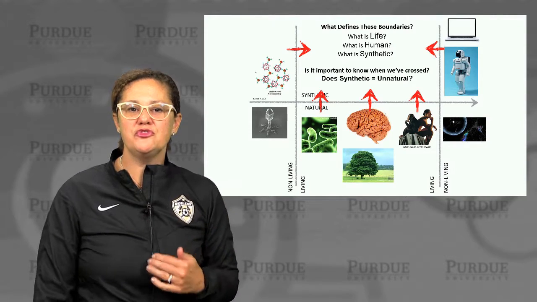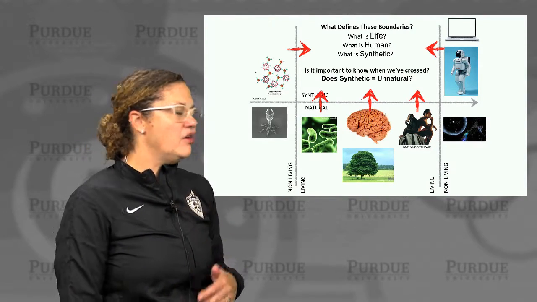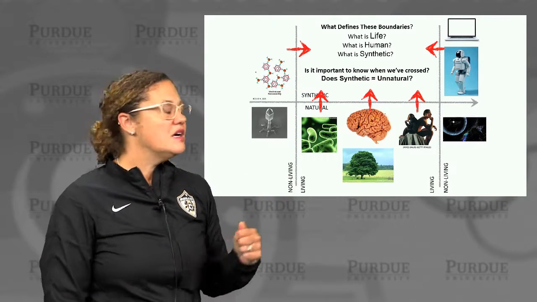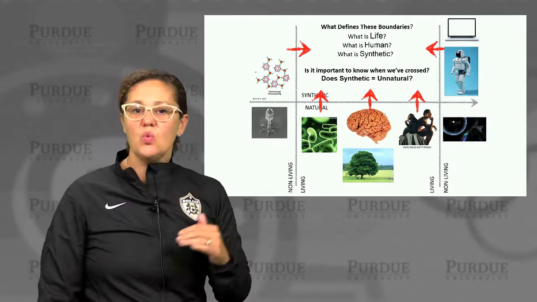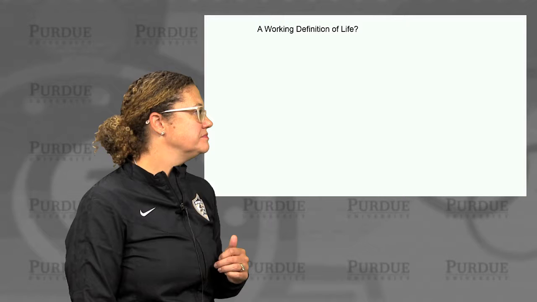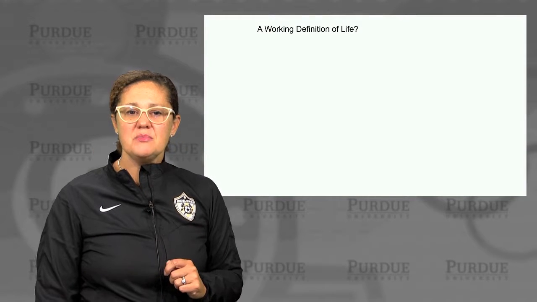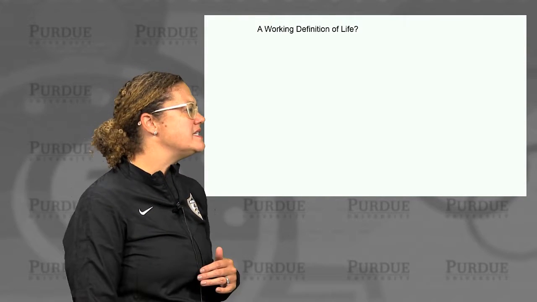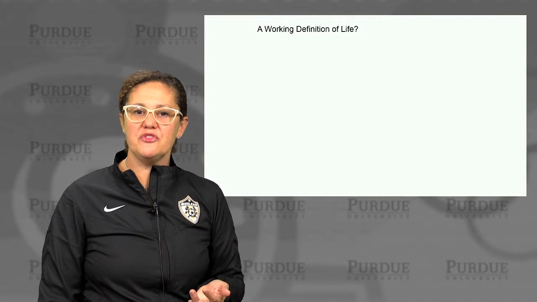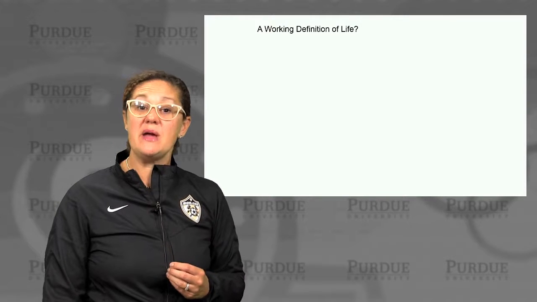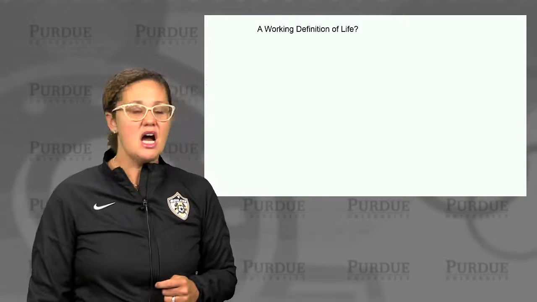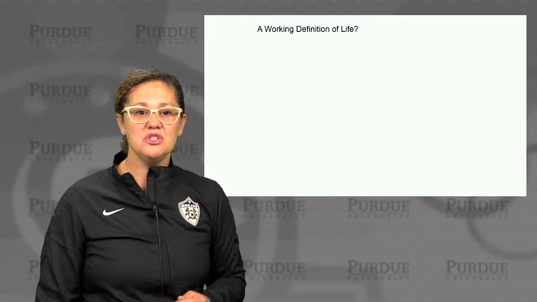As we move forward, I think it's very critical that we as engineers consider these boundaries, really understand and reflect on when and how we're crossing them and what that means. And we can even begin to think about what a working definition of life is. And again, this is very difficult and very critical for thinking about when we've crossed this boundary from living to non-living. So in my class on campus, I often ask students, and will ask you to do the same,